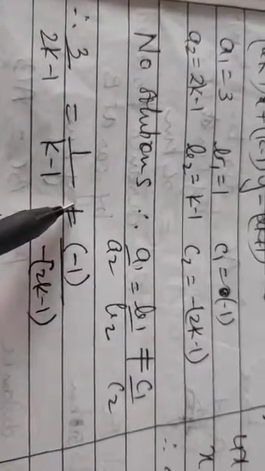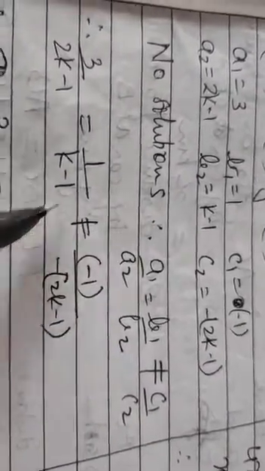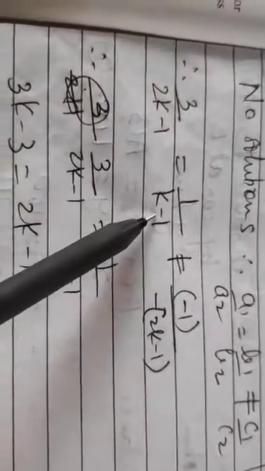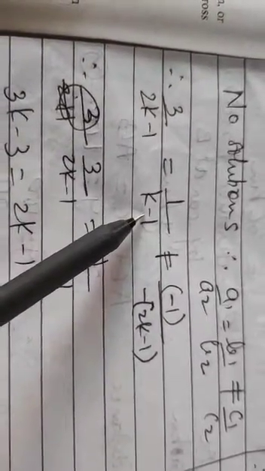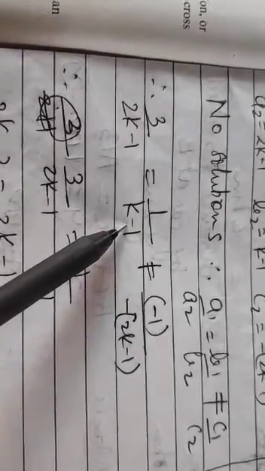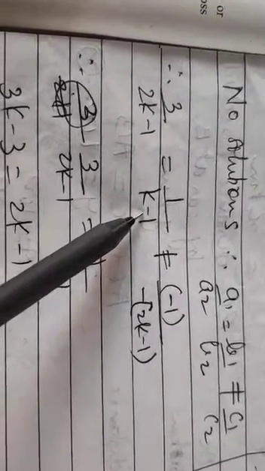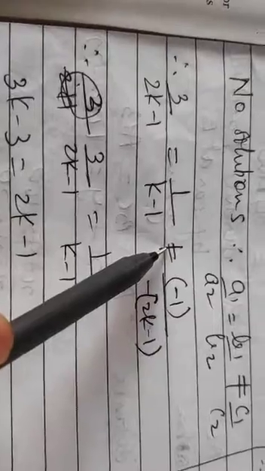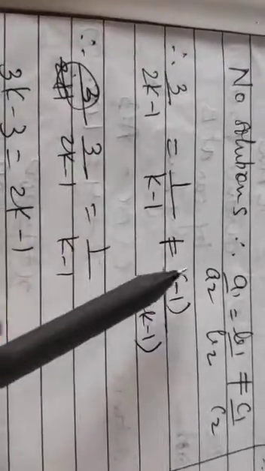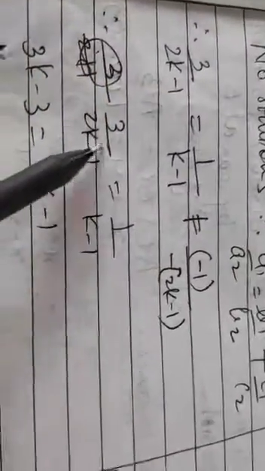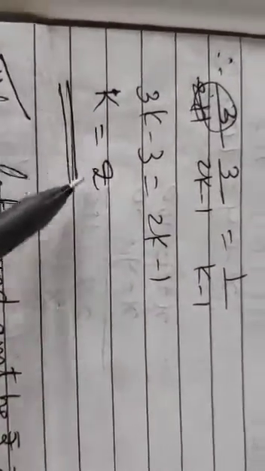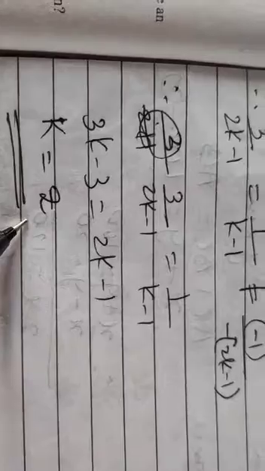Okay. Now this is not equal, so there is no question of taking this part. So only equate these two. In the previous case, we had all the three equal. So we equated first and second ratio and first and third ratio. But here third ratio is not equal to the first two ratios. So that is to be neglected. Whereas the first two ratios which are equal, we compare them. So cross multiplication, 3k minus 3 is 2k minus 1. That comes to k is equal to 2. Got the value? Understood how to work out the sum now?